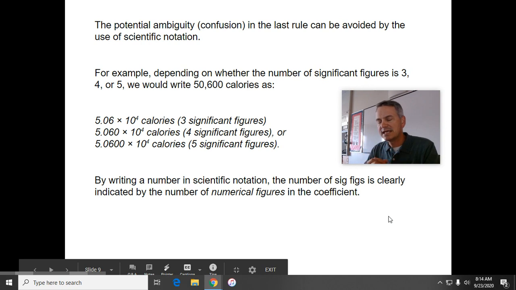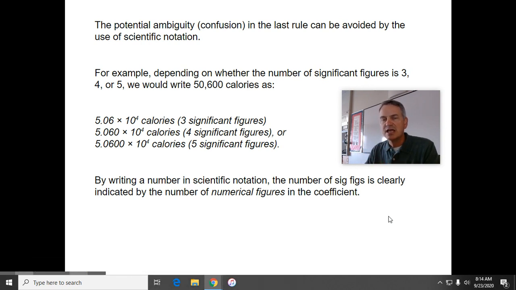So when we write a number in scientific notation, don't worry about the exponent. That does not indicate the number of sig figs. Instead, the coefficient does. So for example, depending on whether the number of significant figures is 3, 4, or 5,